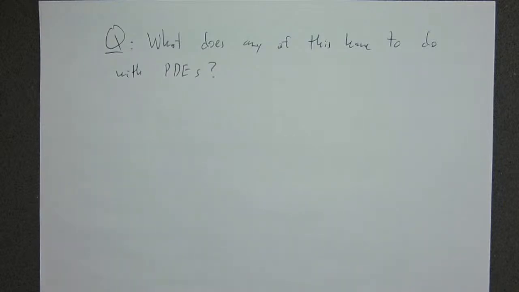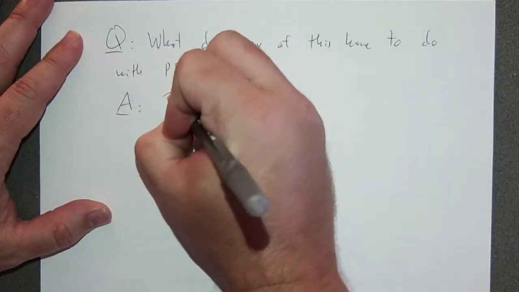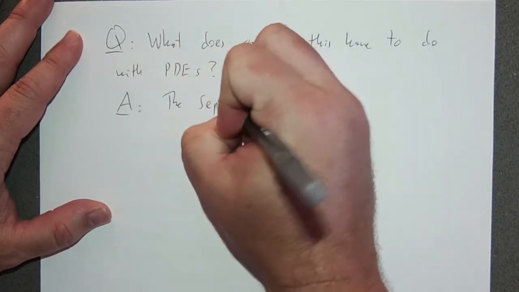But here this is slightly different. It's going to be vastly different in terms of actually carrying this out. This is going to have a lot of steps. It's going to be a little overwhelming at first, but that overwhelmingness is going to be overcome by just doing a bunch of examples. So the answer, of course, is the separation of variables algorithm requires